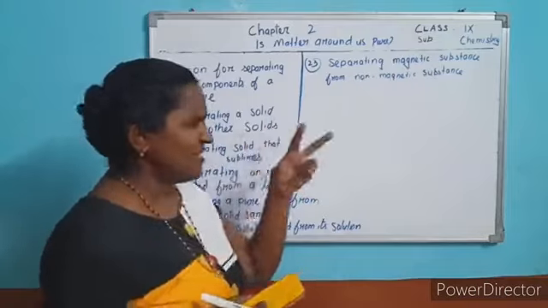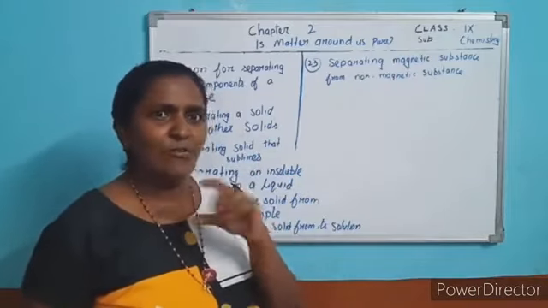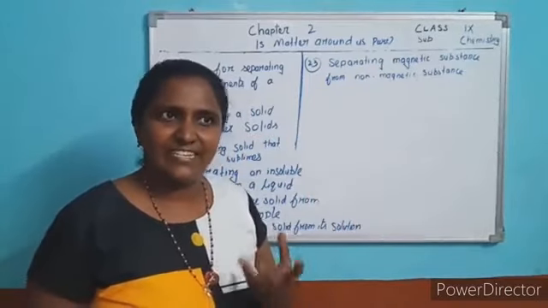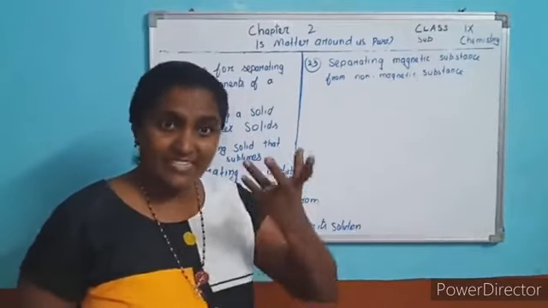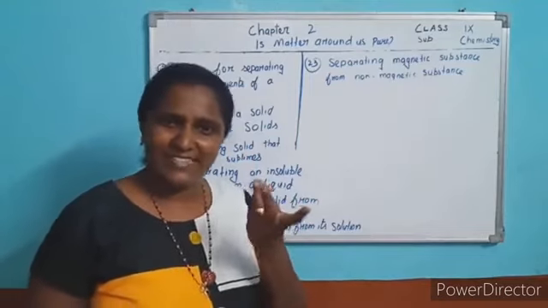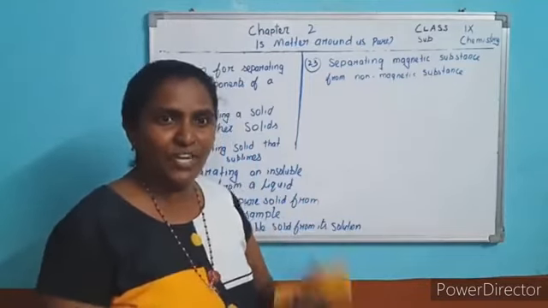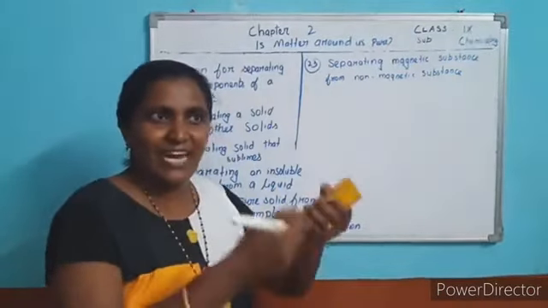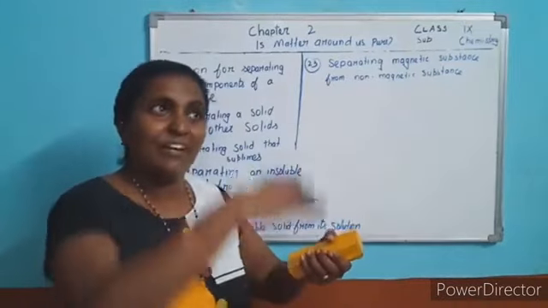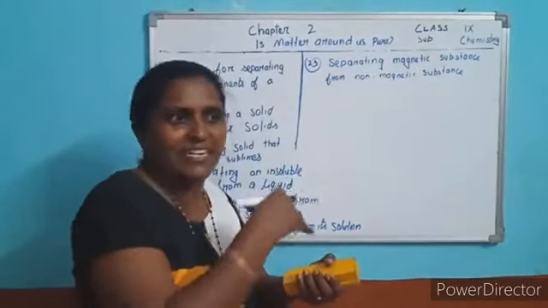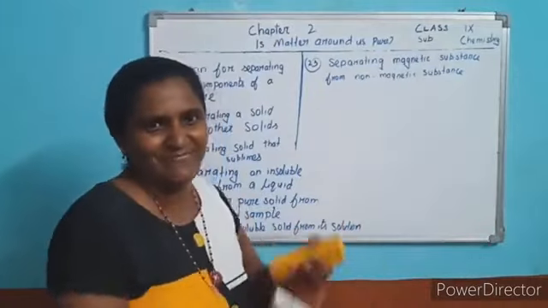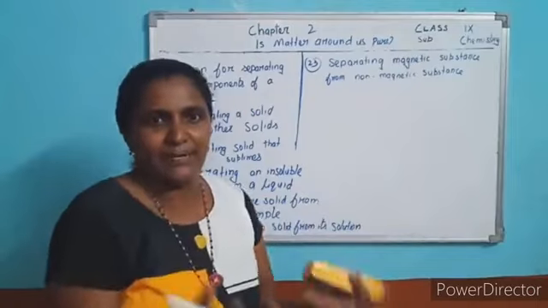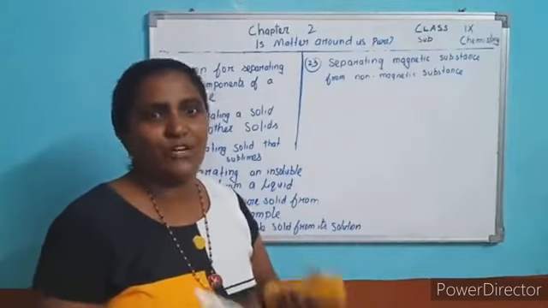Suppose two substances vary in weight, that is husk with rice. Rice is heavy, whereas husk is light. What process will they follow? Winnowing. They allow the mixture to fall from the top, from a height. What happens? The light particles move away due to wind, whereas the heavy particles fall into the same container. Understood? That is called winnowing.